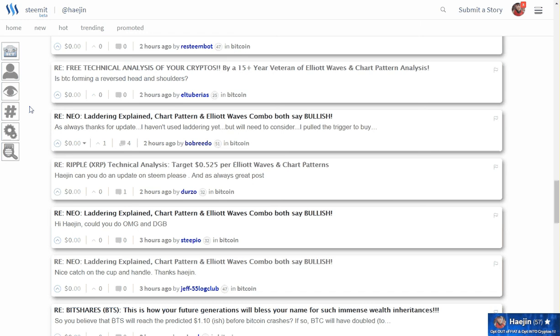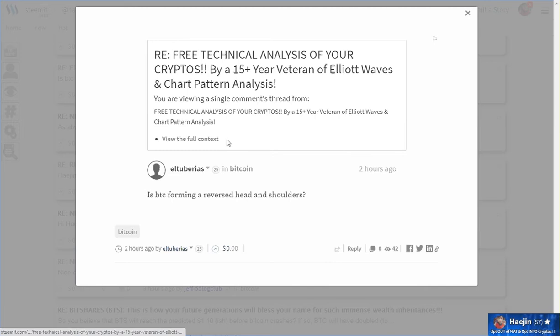So one of the comments made earlier was, is Bitcoin forming a reversed, or rather inverse, head and shoulders by L2 barriers? So this is great. I mean, this makes my day when I recommend that for the newbies especially, for you